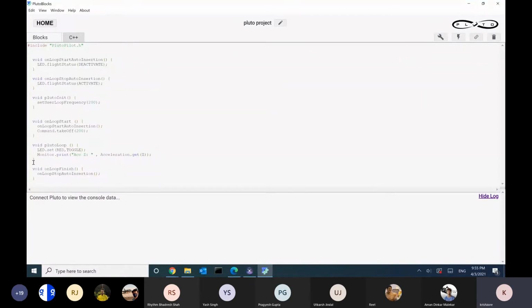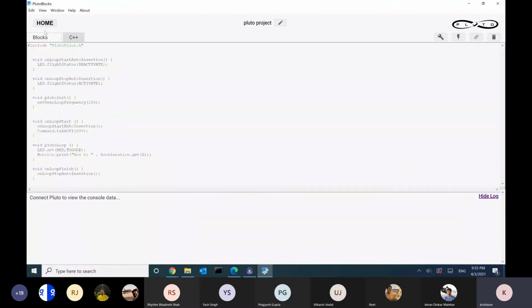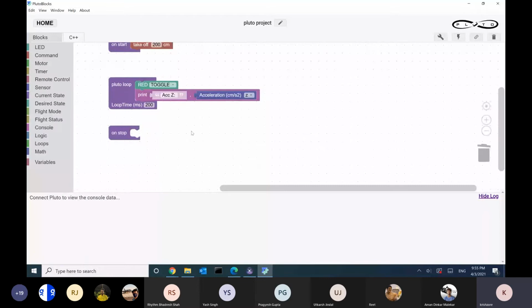But ultimately you can see what's happening here. It's nothing but the same APIs actually being called, which takes care of it. The only difference for you is the interface. It's limited and not as powerful as Cygnus, but most of the stuff related to flight you can implement using it. Most of the logic for controlling the flight of the drone is there. Hardware things are definitely not available here. We might add them in the next version, but it's targeted as a start for the Pluto platform. Then you can use Cygnus, as we suggest.